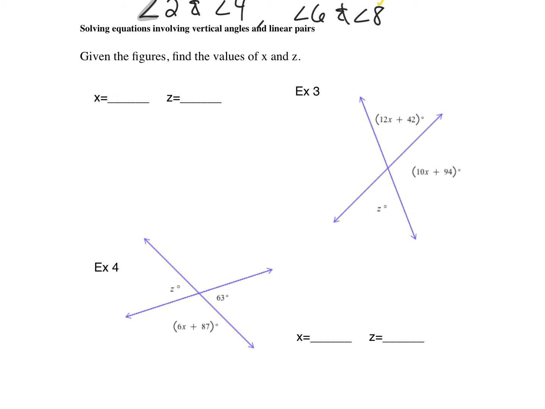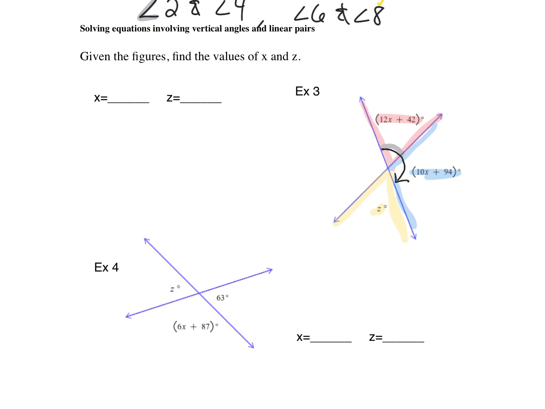So, for example, look at example 3. We have 3 different angles that they give us. They give us the measure of this angle, the measure of this angle right here, and the measure of this angle right here. Okay, and they're using a bunch of letters to name these angles. And our job is to solve for how many degrees each of these letters equal, or the values of each of these letters. So first thing that I notice is that my x values,